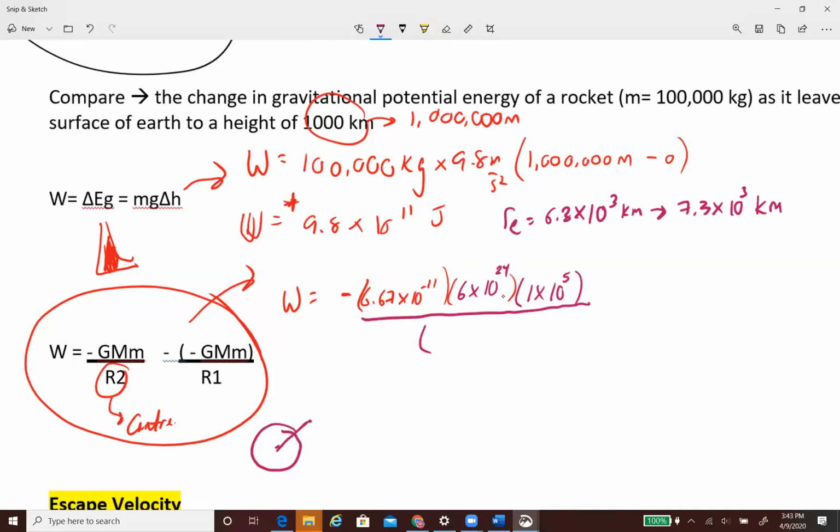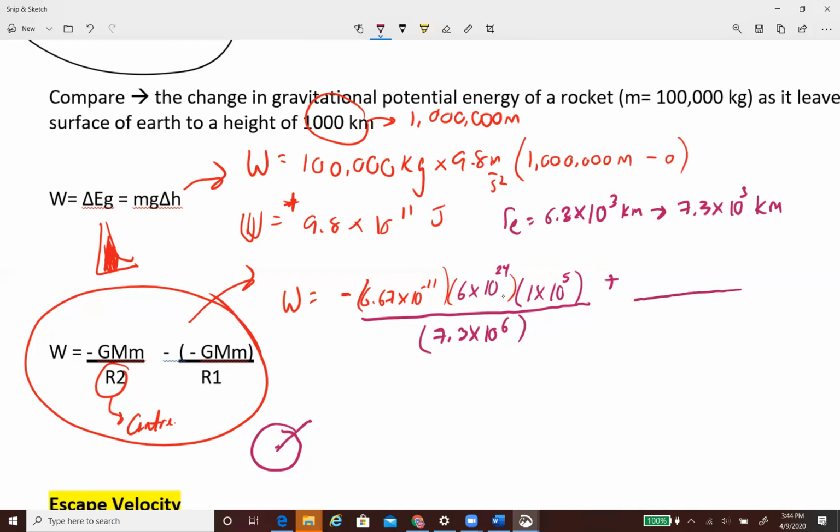And then obviously we want this in meters, so it's going to be 7.3 times 10 to the 6 meters, okay? Now, it's going to be that minus, so that's going to be that plus the